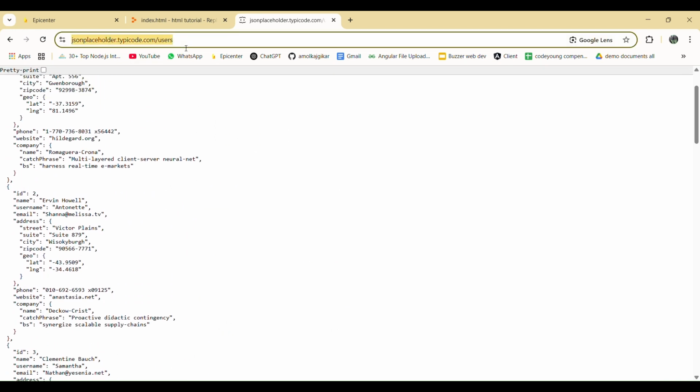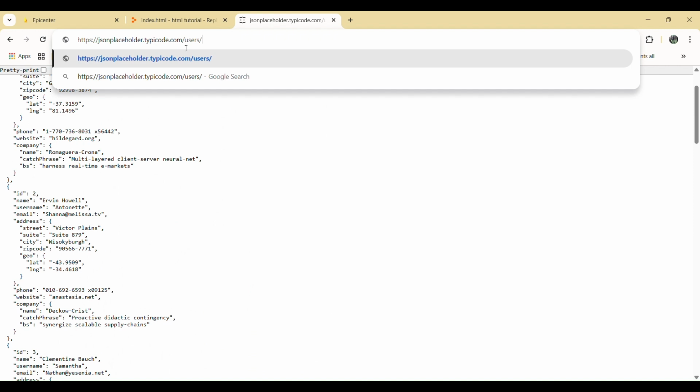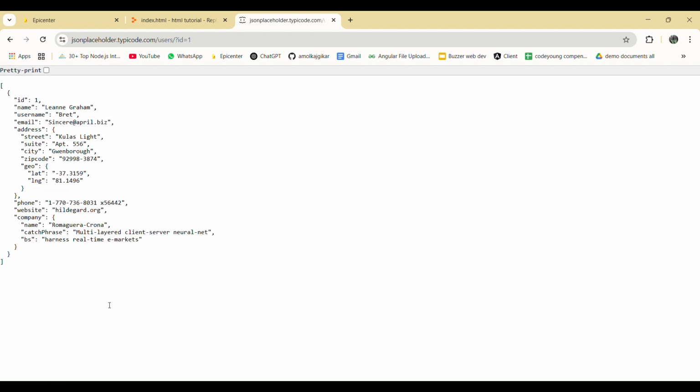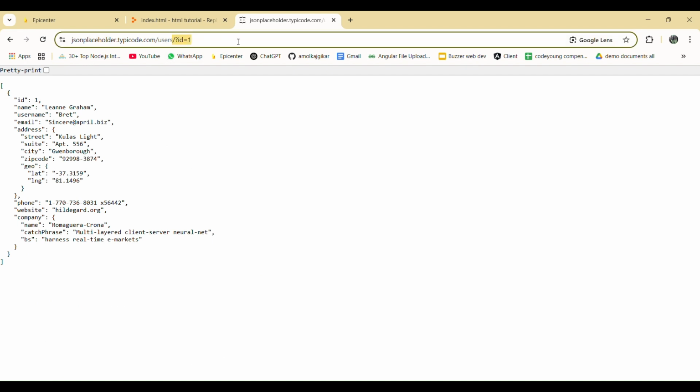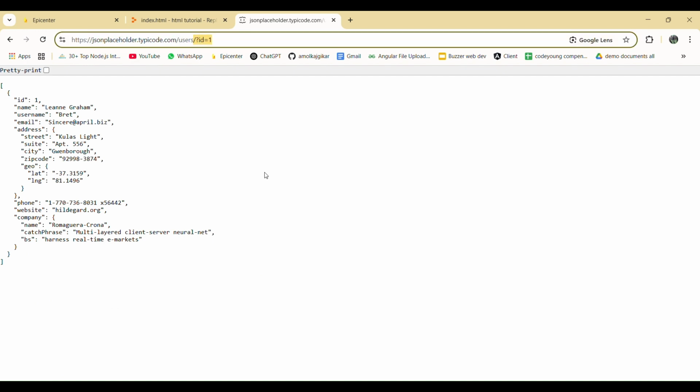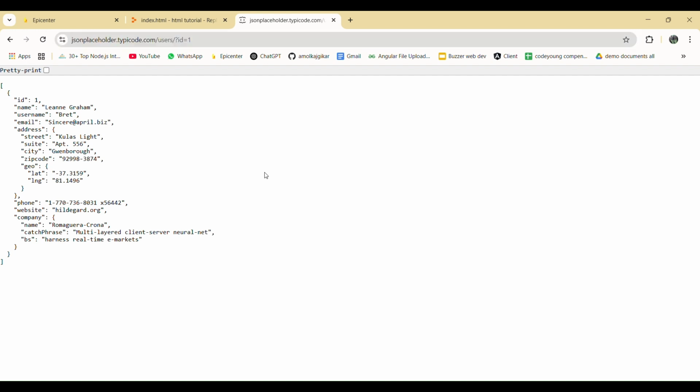Apart from that, if I put a query over here, let's say id equals 1. But I forgot to put a question mark here. And you can see that I'm getting only the first user with ID 1. Instead of writing the URL, I can actually make a form which will do this, right? Which will get us the user with ID 1 or 2 or 3, right? So let's try to understand the form tag as